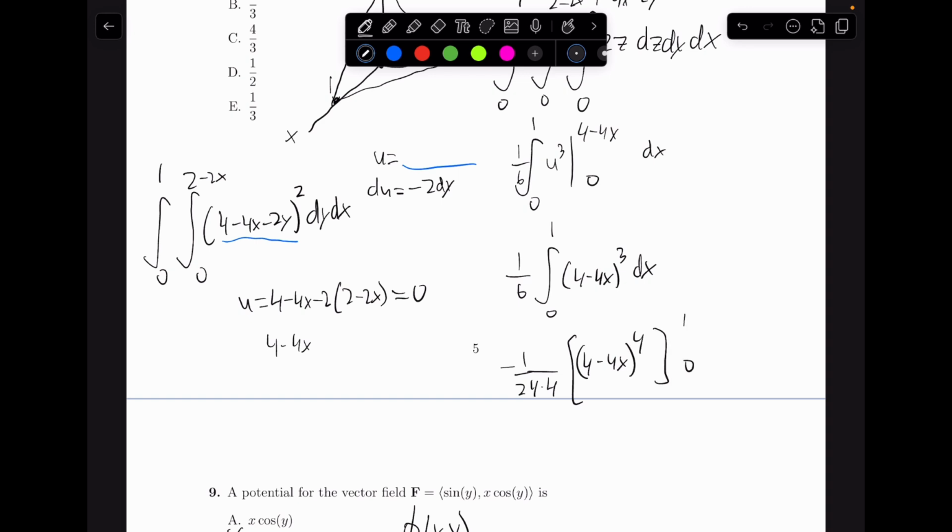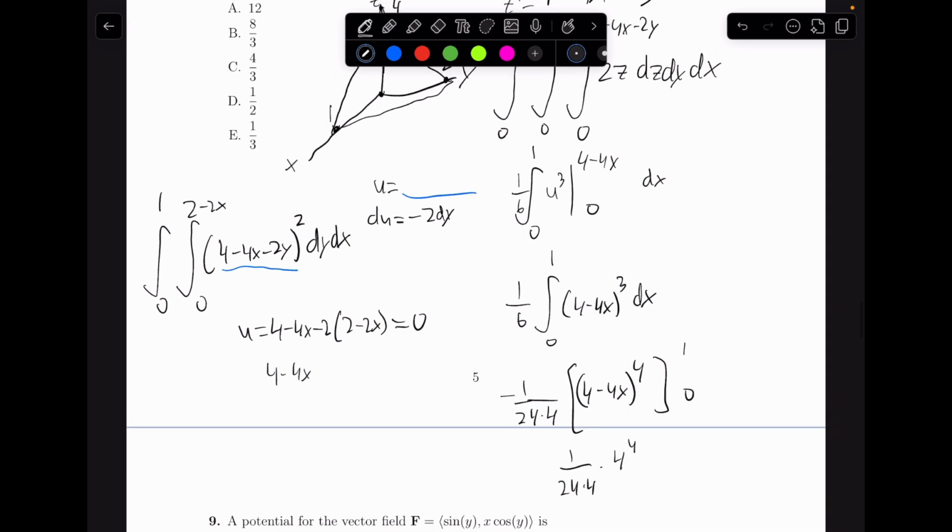Something I see is that if we plug in 1, we're going to get 0, so that cancels out. And then we do a minus 4, because we plug in 0. We're just left with 4, so the minus sign is going to drop out. So we're left with 1 over 24 times 4. And notice I am not multiplying this out because it's probably going to cancel out in the end, times 4 to the 4th power. And I'm going to get one power of 4 out of here, and that is what we're left with